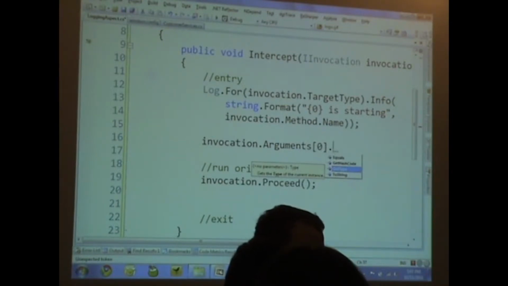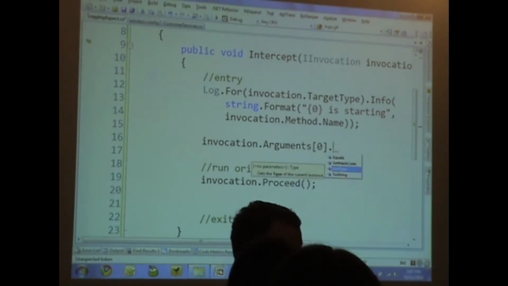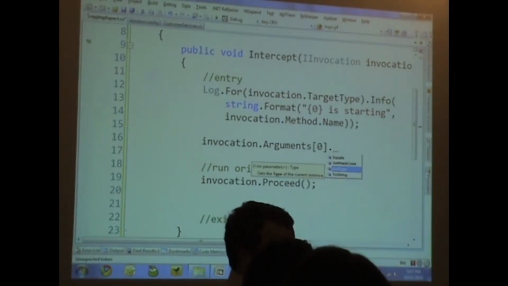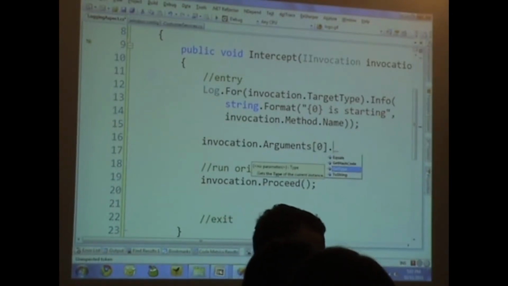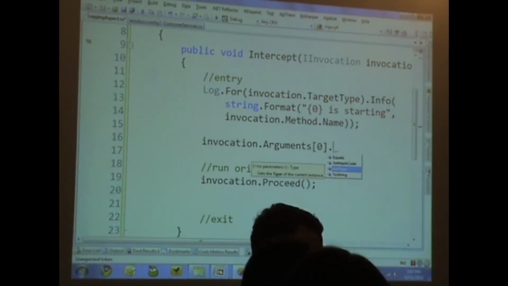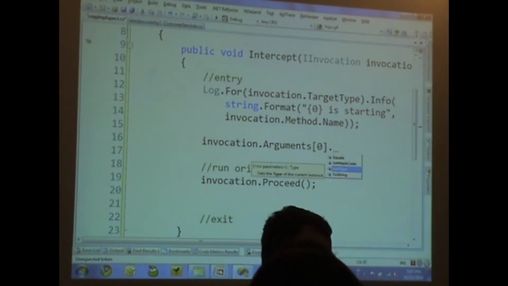But you don't know what the parameter's name is. So it might be string credit card number, but you don't know that it's called credit card in the parameter list. So you can't go and say credit card number : value inside your log file very easily. That's one of the drawbacks from the logging standpoint, to be able to do that kind of thing. Not that you'd ever want to log your credit card numbers to a file,